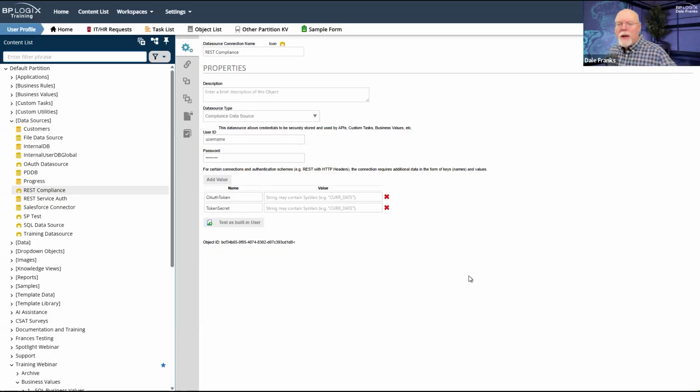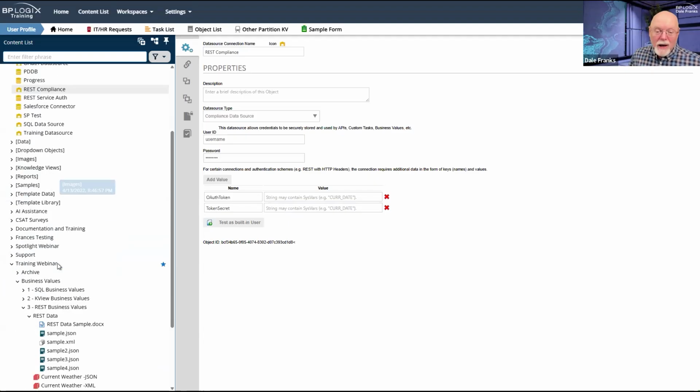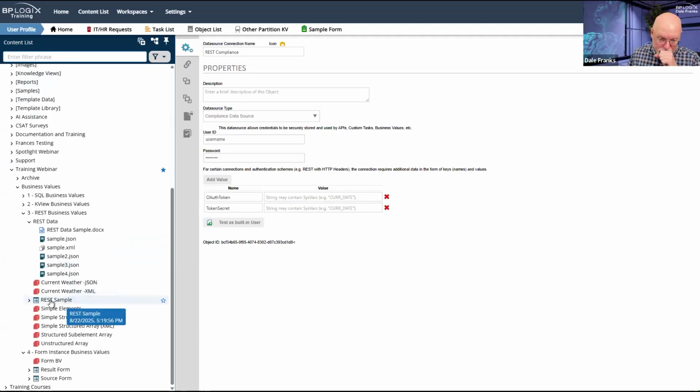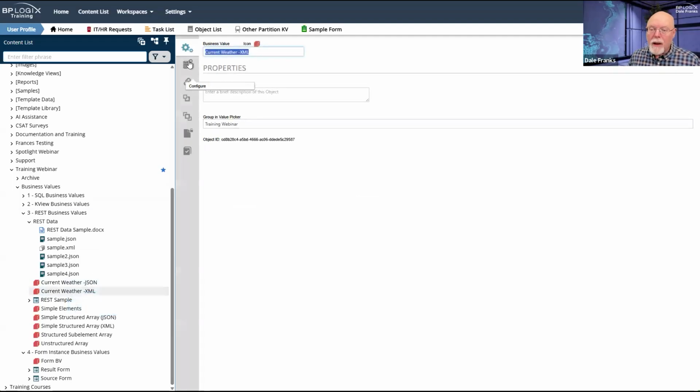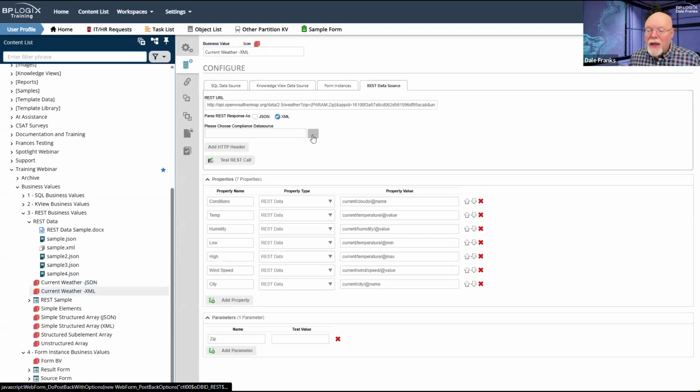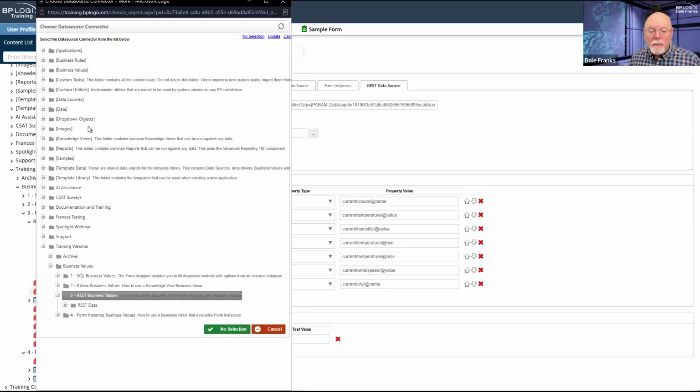Now, the cool thing about the compliance data source is that I, as an administrator, can have access to the compliance data source, and I can set the auth token and the token secret. When this data source needs to be used and some implementer is just setting it up, then when they go in to set it up, they would just choose that compliance data source.